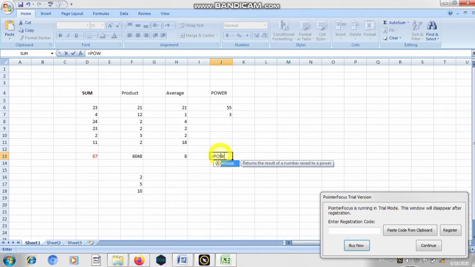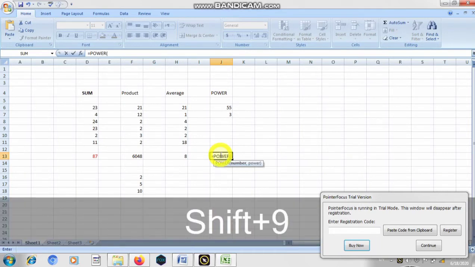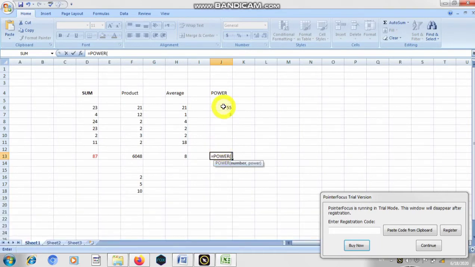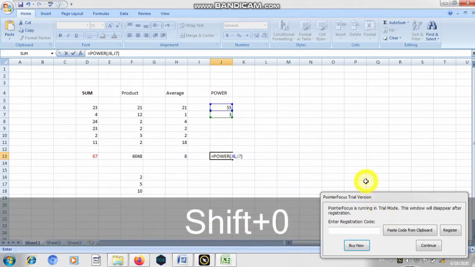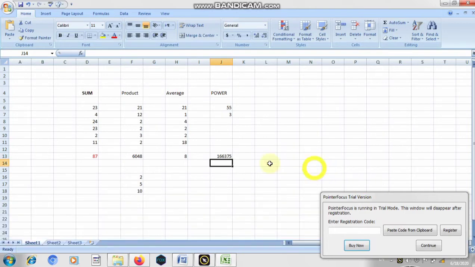Your function here is power, and you open the bracket. Select the cell address 5, comma 3, close the bracket, and it will automatically calculate 5 raised to the power of 3, that is 125.